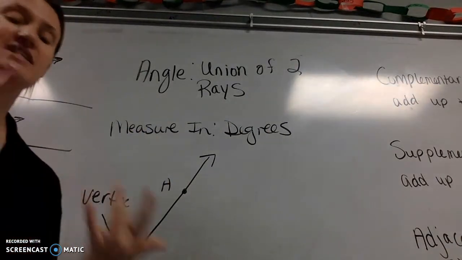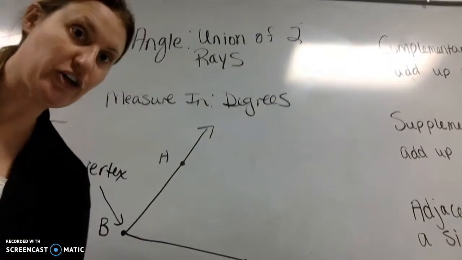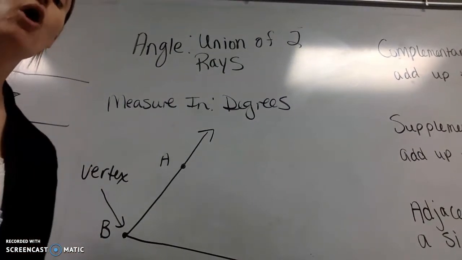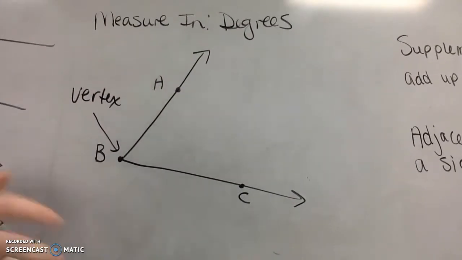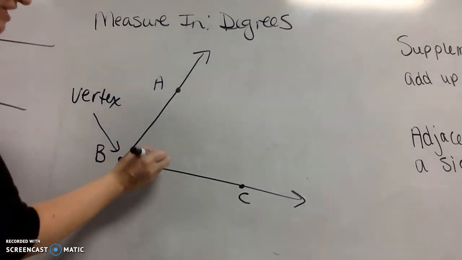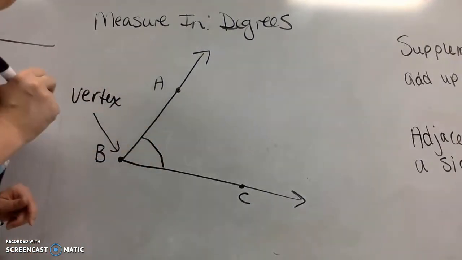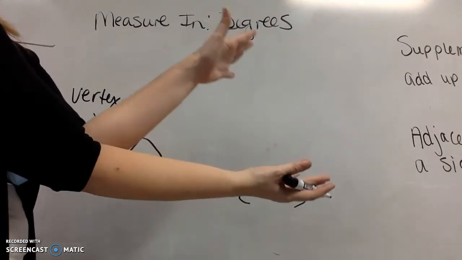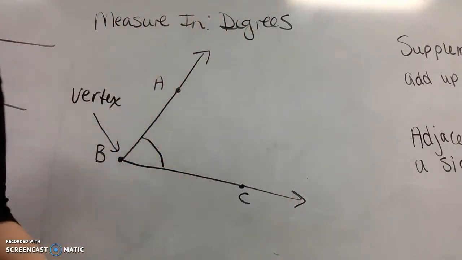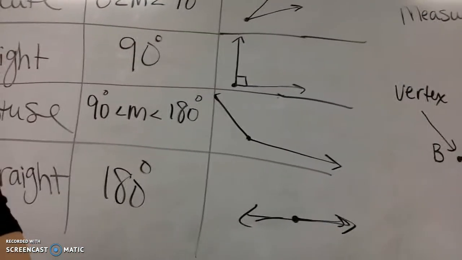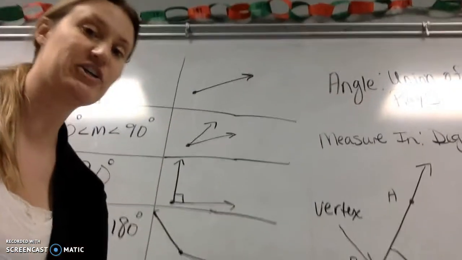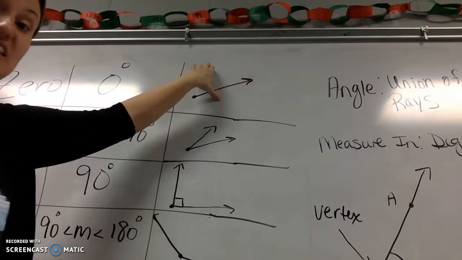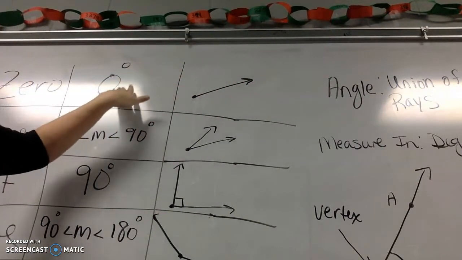0 to 90 degrees, a 90-degree angle, a 102-degree angle. Okay, and what degrees are showing us is how open our angle is. So it's showing us from here to here how open is that angle. So from one ray to the other, what is the openness? So when we look back at a 0 angle, this is actually 2 rays. It's just that they're on top of each other, so there is 0 opening between them, which is why it's